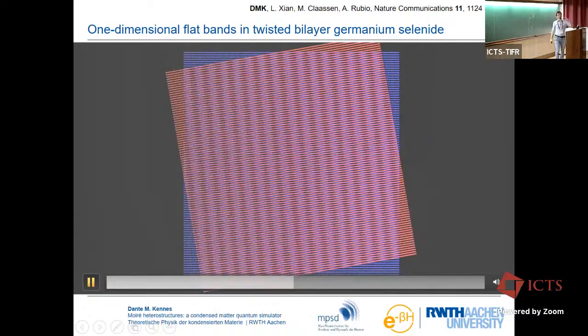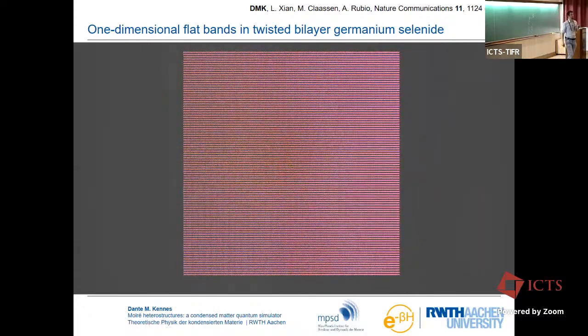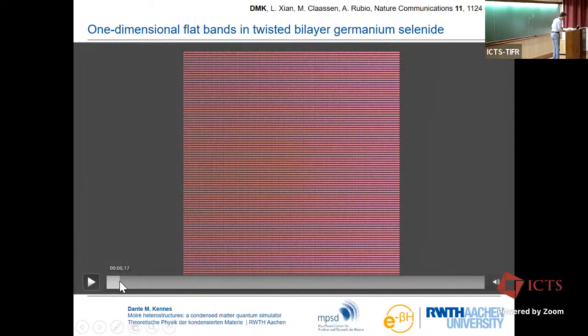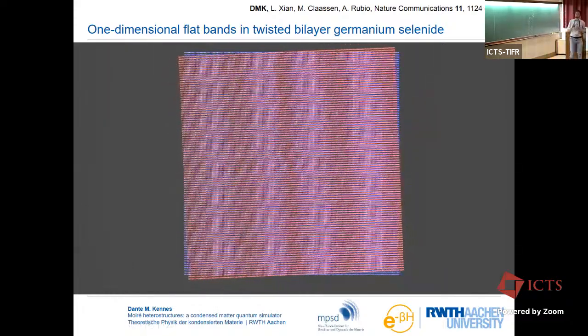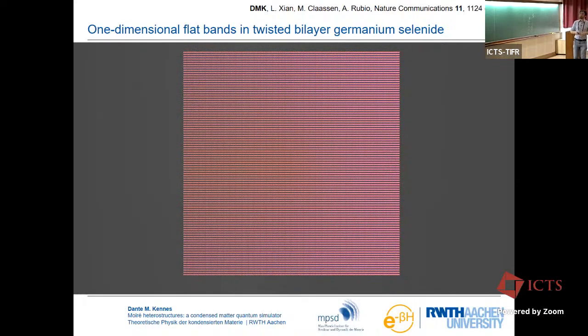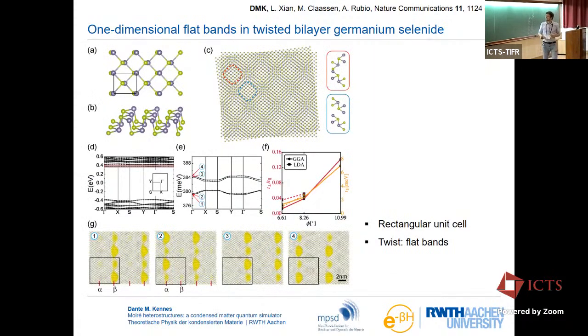You have to remember the parallel lines that we looked at. So we looked at the Moiré introduction with parallel lines being twisted. And something very similar happens here when we look at rectangular unit cells being placed on top of each other and then twisted against each other. Not sure why this only plays once, but anyways. You see, indeed, as you go to small twist angle, there is a very large Moiré superlattice that is emerging, and it's one-dimensional.